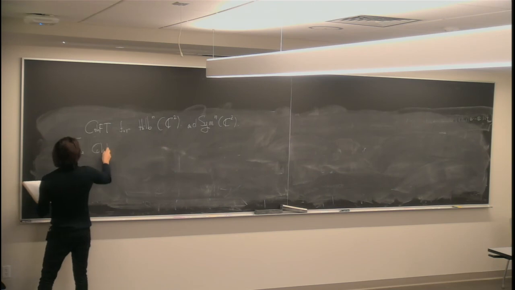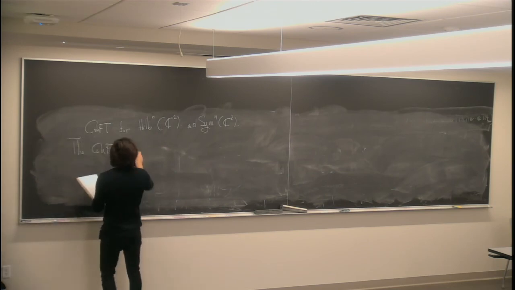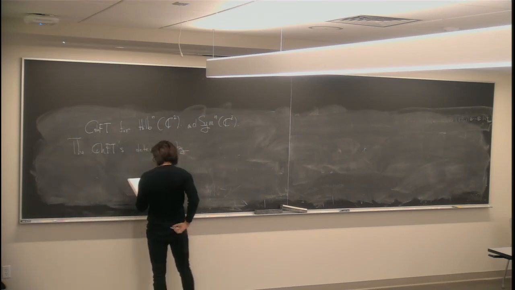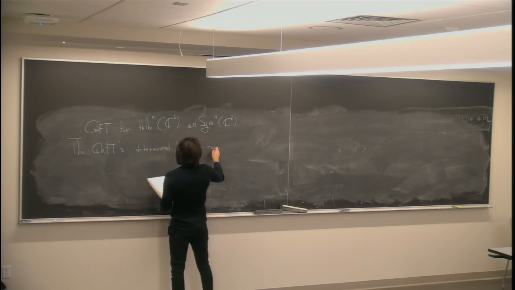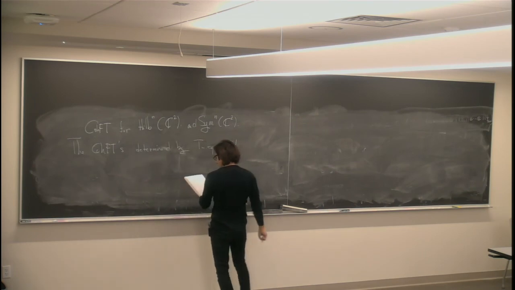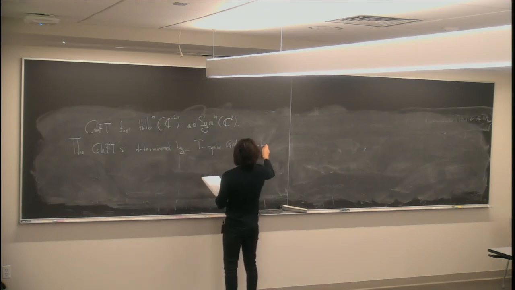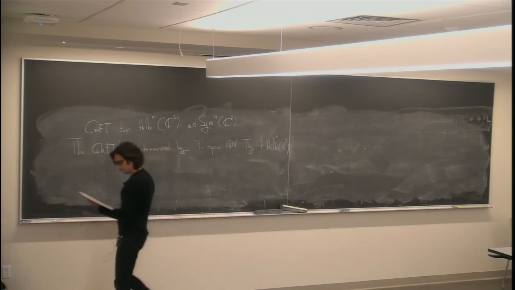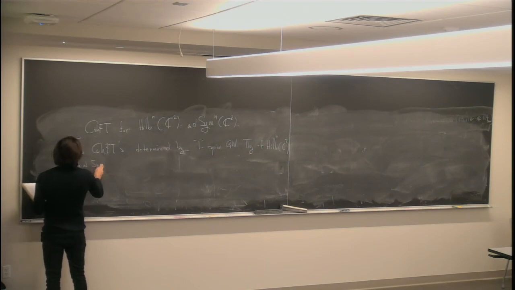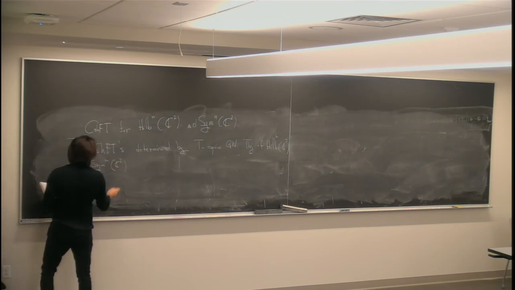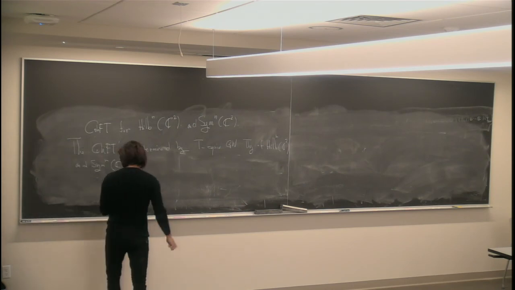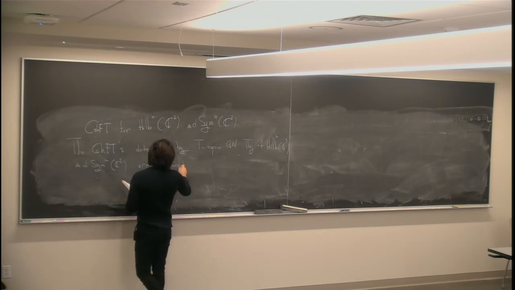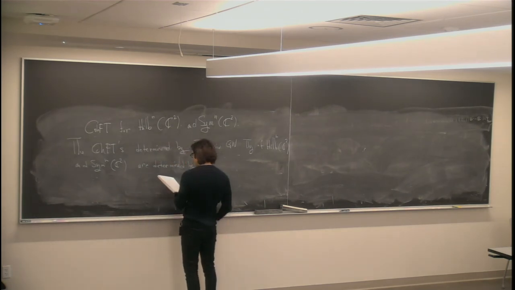So the cohomological field theories determined by T-equivariant Gromov-Witten theory of Hilbert of C2 and symmetric end product of C2 are determined by underlying algebras